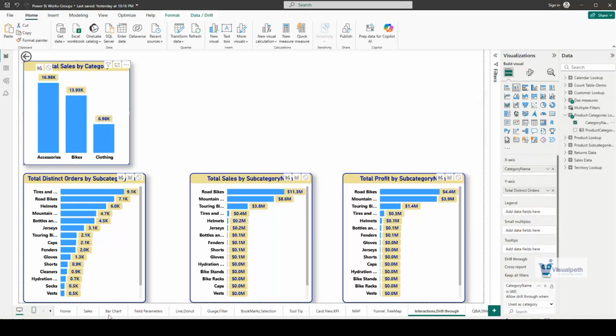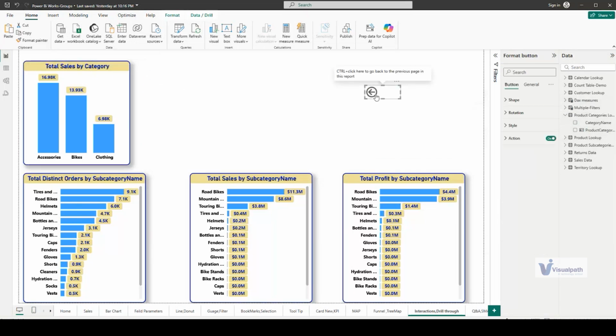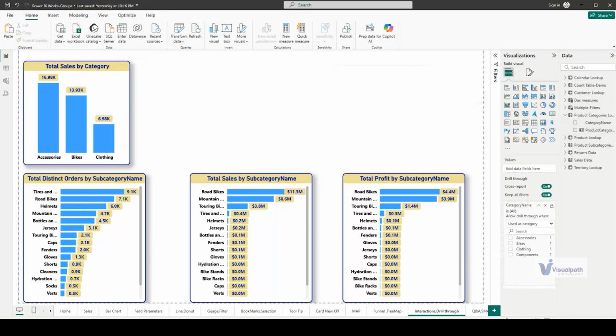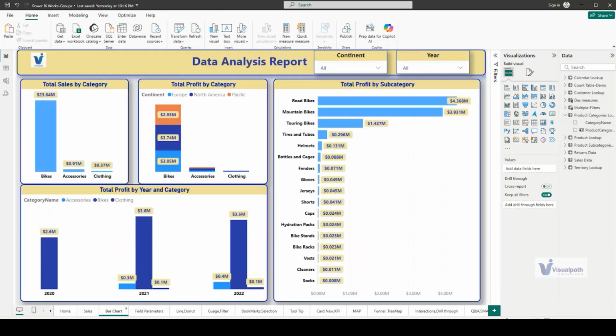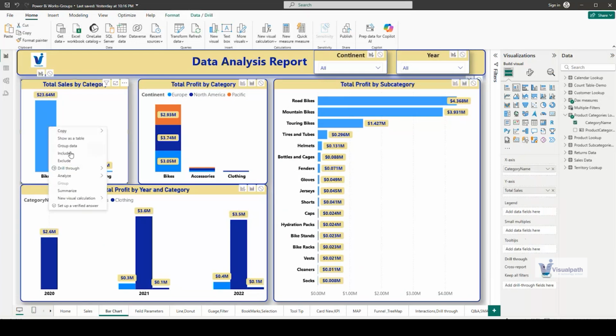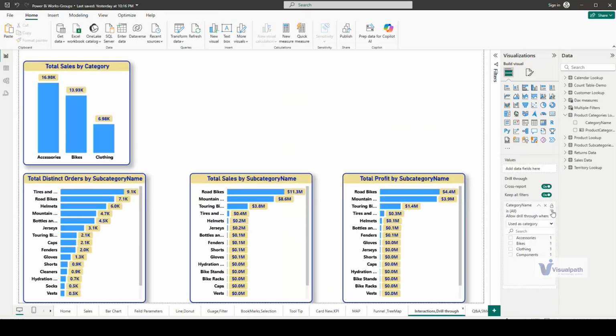Before that, you can see an icon here, a right click icon, an arrow bar, which is getting shown here. I'll delete this in the first place and show what happens initially, then we'll discuss this. My requirement is that I have category sales here, and if I right click on this, I should see a drill through option. Since I've already selected it, it is coming, but if I remove the category label from the drill through option here,